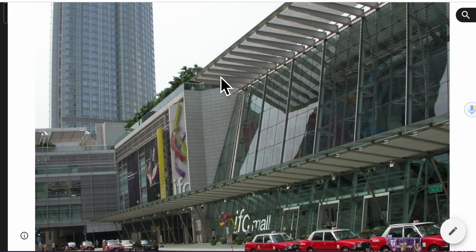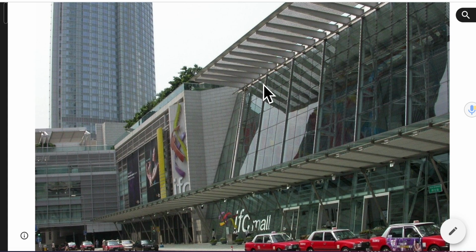So the IFC, and as we can see here, the Four Seasons Hotel, are both very, very tall buildings. So even in calm weather, the wind speed at the top of those buildings can actually be very, very high. What happens is when the wind hits those buildings, it's deflected downwards. And if you didn't have those canopies, and here it's so severe, you've actually got two levels of canopies. If you didn't have those canopies, what would happen is that you would get very, very strong and turbulent winds